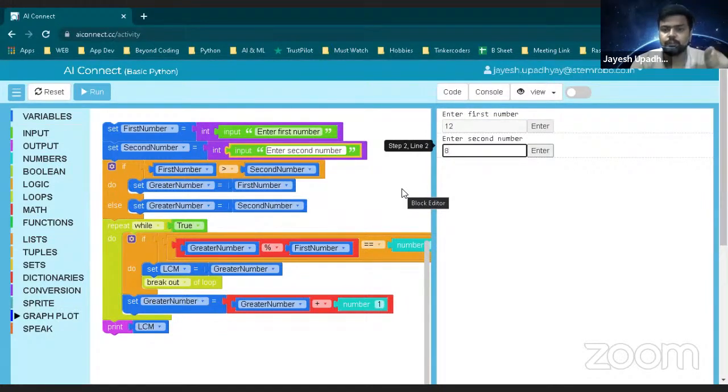You can chat with your friend. Okay, let's discuss with your friend what is the LCM of 12 and 8. You can take out the copy and do it. Okay. I hope you have done it right. So I hope you are getting this answer, that is 24, right? Lowest common multiple. Okay. So let's just see what LCM is first and then we'll go ahead.